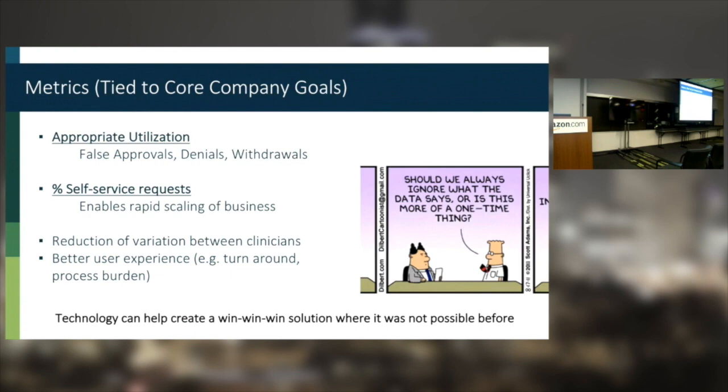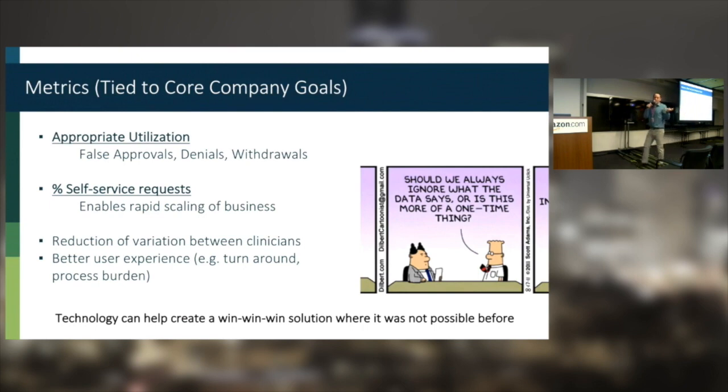And there are two other metrics, and one of them is reducing the variation between clinicians. I am a physician, we have physicians, we have nurses. Unfortunately, when humans try to make clinical decisions, they don't always agree. That is generally not a bad thing, but it's definitely not a good thing. In our line of business, it's actually not good at all, and we've seen that if we can really narrow that, the overall quality of the decision increases.